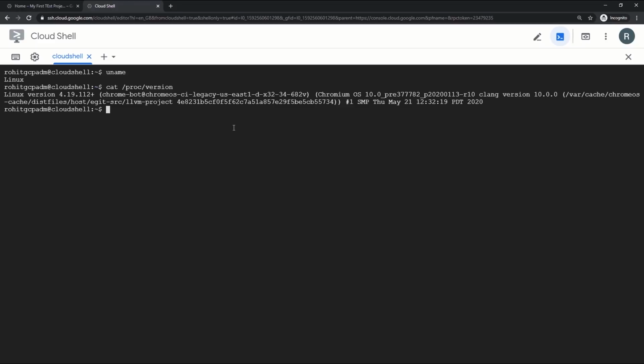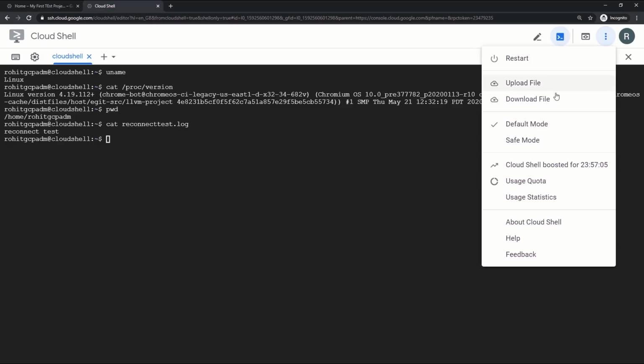One more thing we will check: we created a file in the E2 small machine, so let's see if that file is available in E2 medium. It's available. So whatever type of machine Cloud Shell is using in the background, as and when the machine comes up, it will attach your persistent disk of 5 GB and whatever files are there, you can access them.